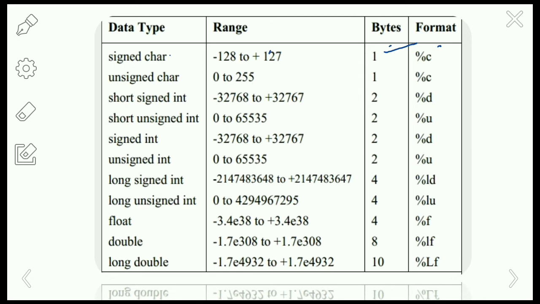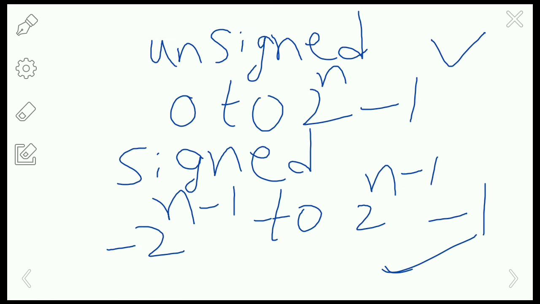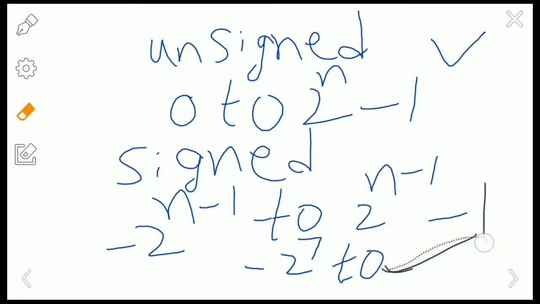If we want to know about the signed character, we apply these 8 bits to the signed formula. So it becomes minus 2 power n minus 1 to 2 power n minus 1 minus 1. What is the n value? 8 bits, so 8 minus 1 is 7. 2 power 7 is 128.